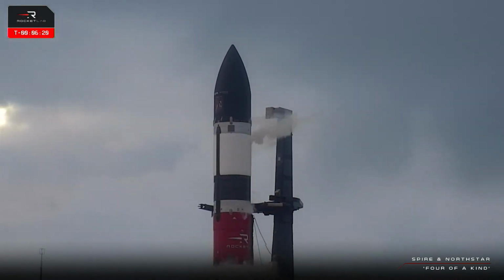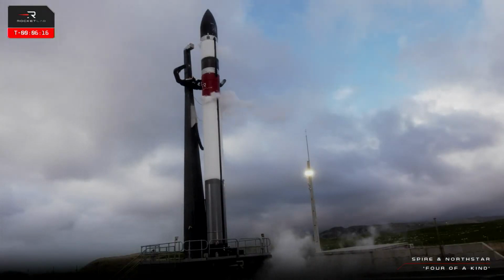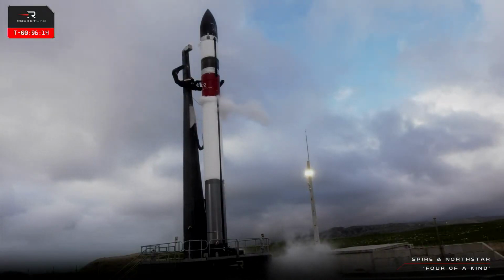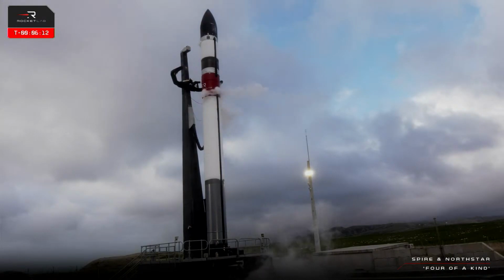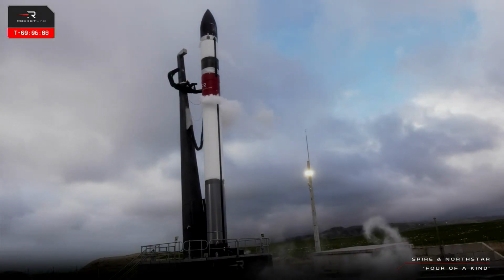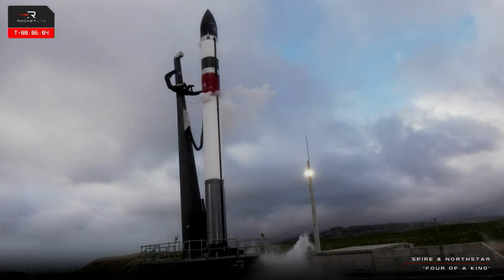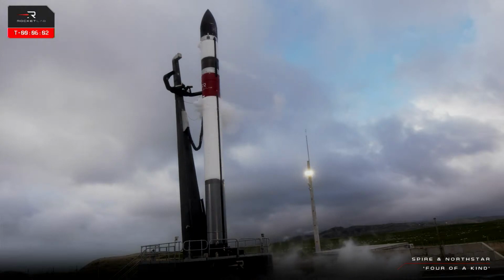We are now 6 minutes and 18 seconds and counting to liftoff for tonight's four-of-a-kind mission. Now, tonight's pre-launch operations will follow much of the same process as a standard Electron launch you may have seen before, but with today's launch doubling as a recovery mission, it's after liftoff when you can expect to see changes